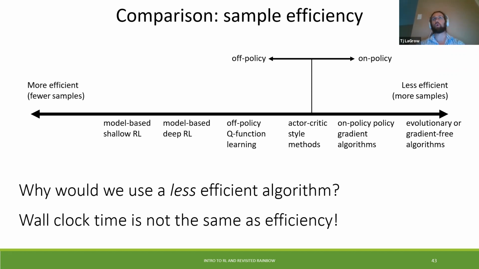For example, cart pole, which is just a cart with a pole, and I have the video later, where it's just trying to balance it, is going to be a lot less complex than lunar lander, which has 4 thrusters on either end trying to land in a very specific place on the moon. And so the wall clock time is not the same as efficient.